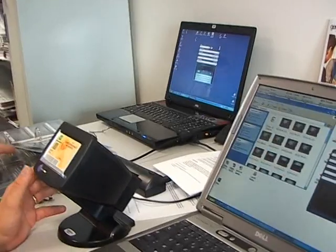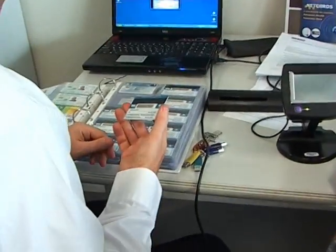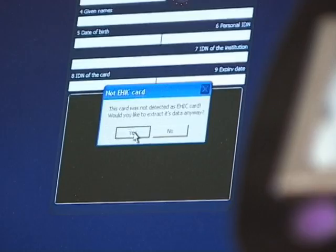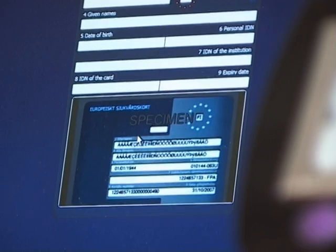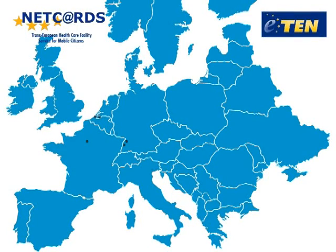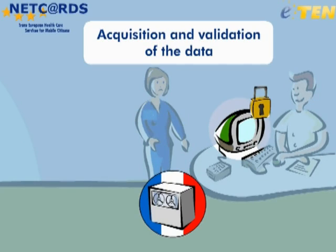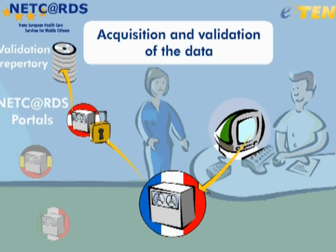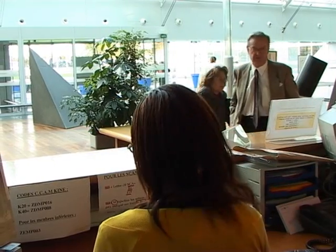Between now and 2010, every patient traveling in Europe outside their own country of residence with a valid European health card or National Health Smart Card will have easy access to health treatment at any one of the 600 NetCards points of service. When the NetCards system is widely deployed, healthcare establishments and practitioners will enjoy the advantages of guaranteed